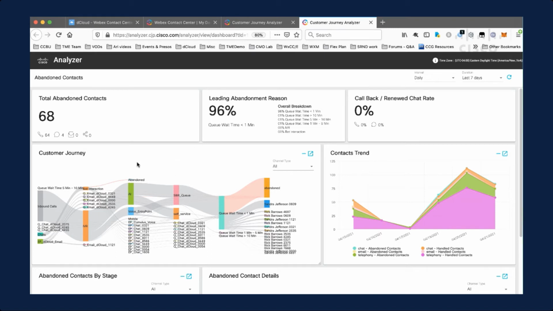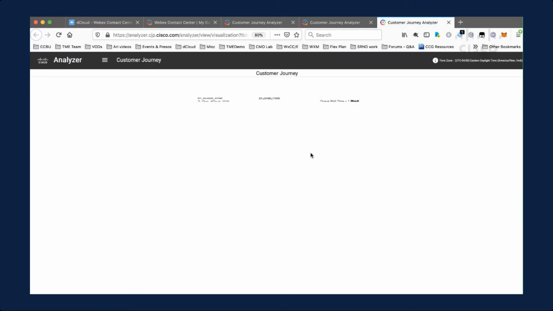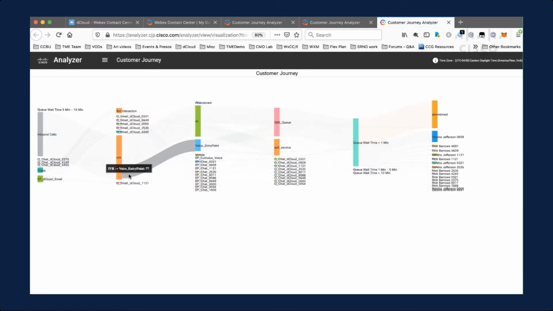And now we get into some chart formats. So we can see a Sankey chart here showing that for all of the contacts, what the path that they took through our contact center, through the IVR, through the AI. And if you'd like to see this larger, you can just click this launch button right here, and that will bring it out into a separate browser tab, making it so that we can see a very dense dashboard a lot clearer. So we can see the number of inbound contacts that went through the IVR,